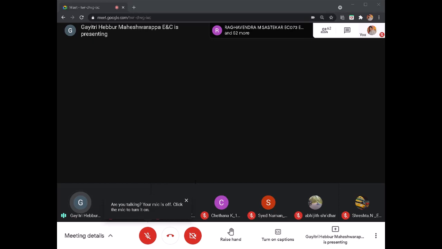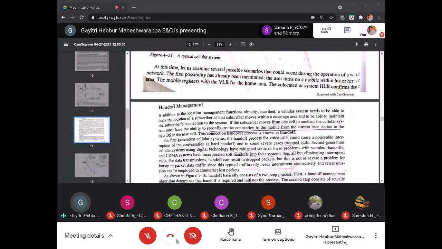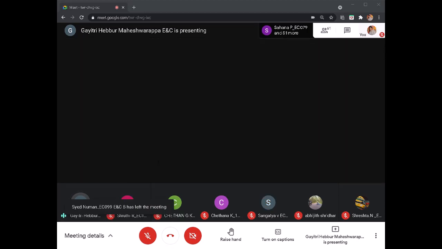Some environmental conditions, or some fading effect, shadowing effect and all. Because of those reasons also the received signal strength may be low. Even though it is in the same coverage area, sometimes in some particular coverage areas we may not get proper received signal strength. Only because of that, we cannot restructure the connection to some other radio base station. It is not at all possible because it is in the same radio base station.